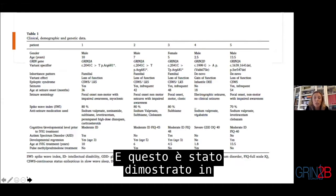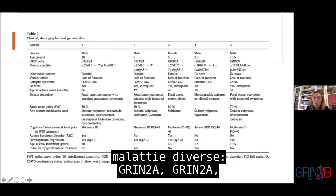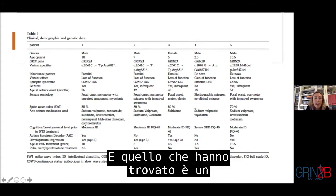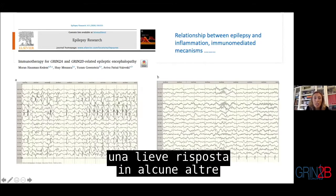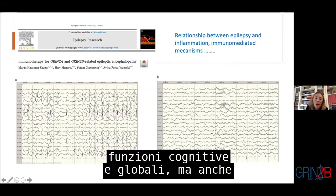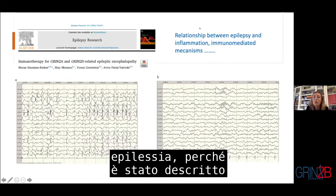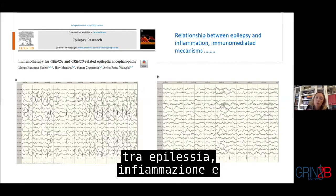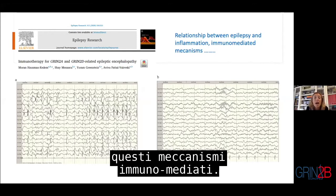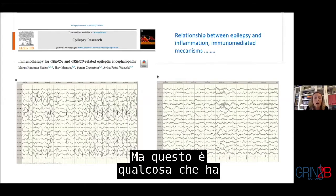This has been tried in 5 children with different diseases, GRIN2A, GRIN2D also. What they found is an improvement of the EEG and also some mild response in some other cognitive and global functions, but also at the clinical level in terms of epilepsy, because it has been described a long time ago that there is a relationship between epilepsy, inflammation, and these immune-mediated mechanisms. Maybe, although this is a single paper, this is something that also has a role in the